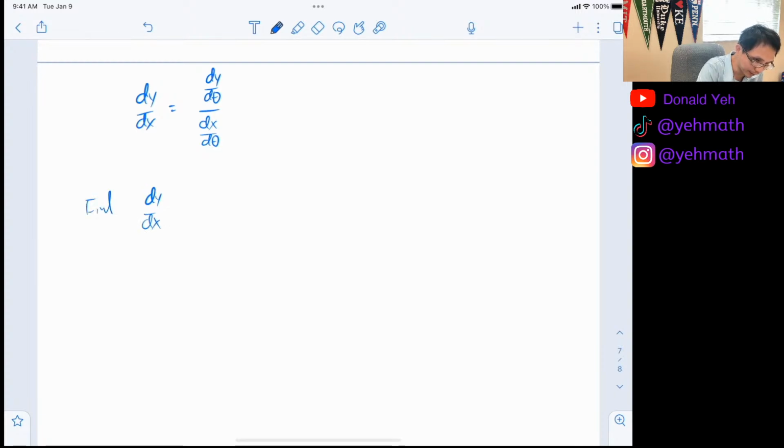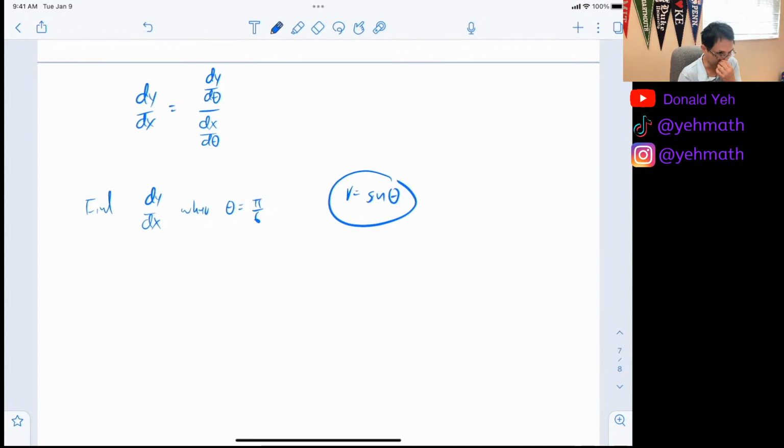Find dy dx when theta is equal to pi over 6, for r equal to sine theta. This is the polar equation I came up with: r equals sine theta. Obviously, this is probably some type of circle,